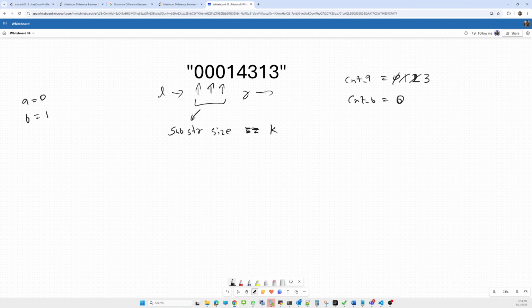Till now, what will be the maximum? In a substring, what we want is the minimum of this, the even frequency will be 2. Sorry, it will be the maximum of either count of B or 2 in a substring. Okay, we want this, but yet here it is 0. So are we able to calculate? No. Similarly, we'll proceed further.